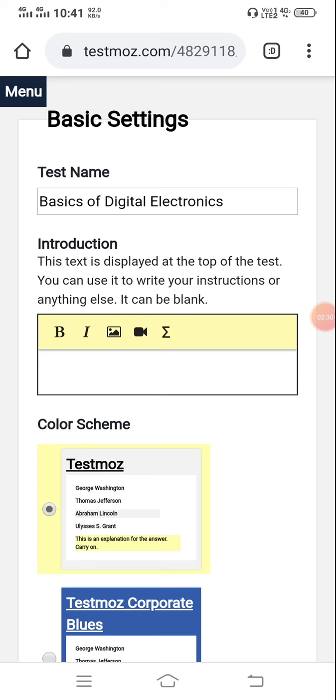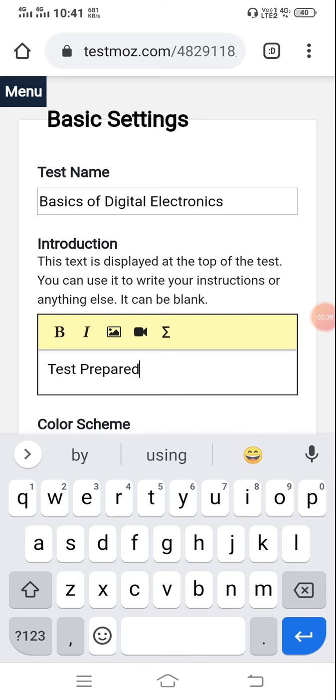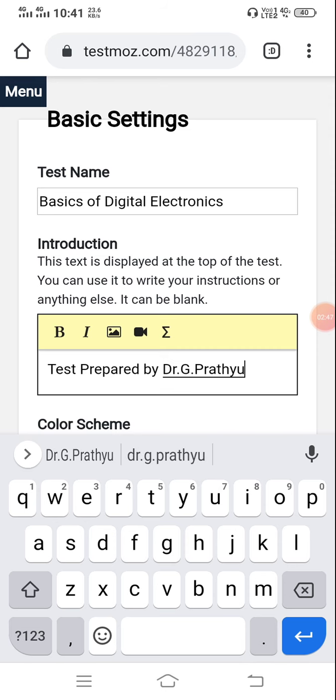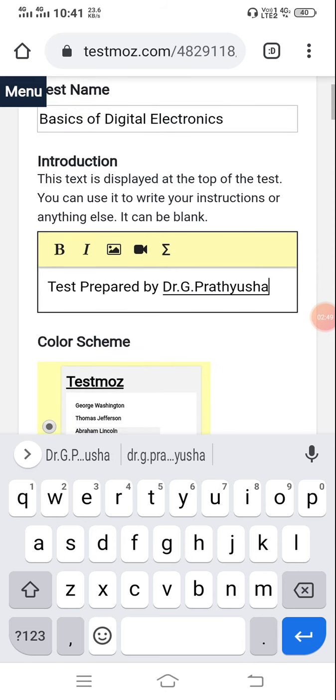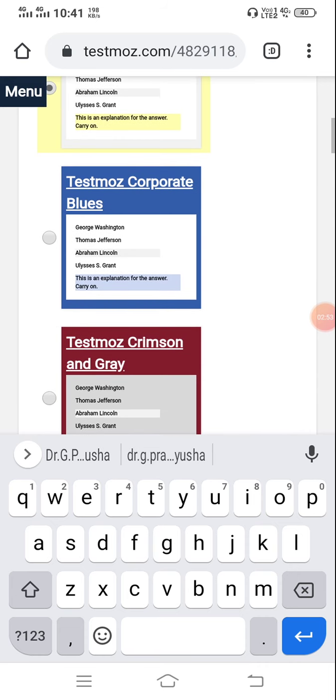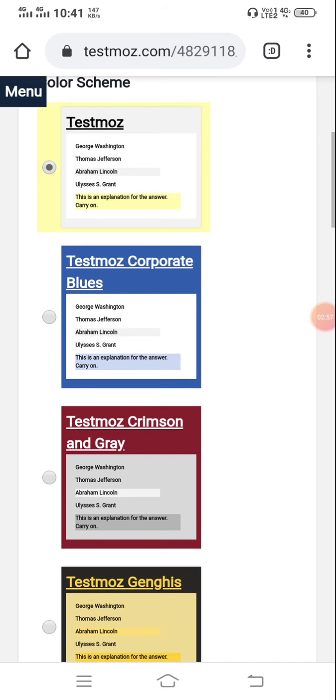The test name will be obtained here, basics of digital electronics. For the introduction of this test, I am giving here: test prepared by myself, so I am giving my name. Introduction is completed. And color scheme, whichever color you want, you select that. I am selecting blue color.